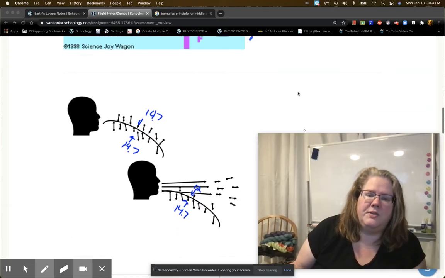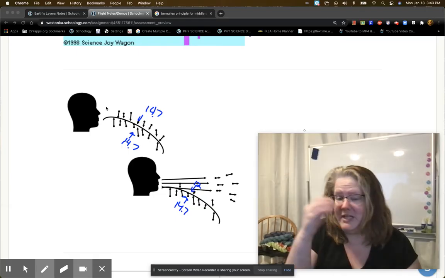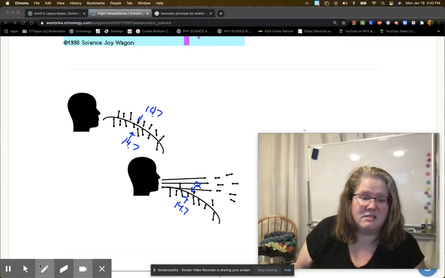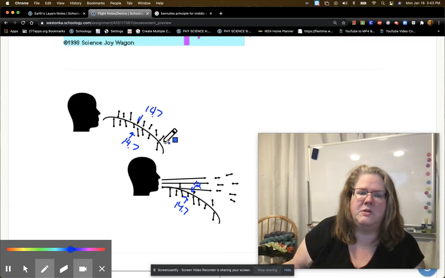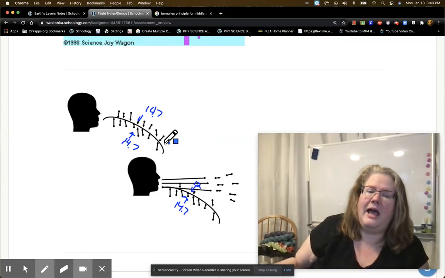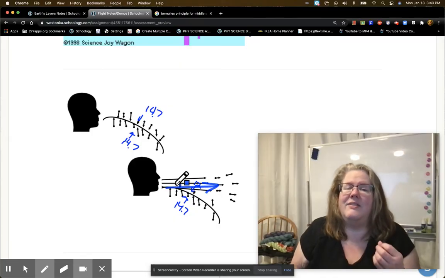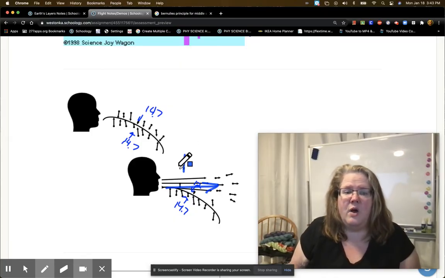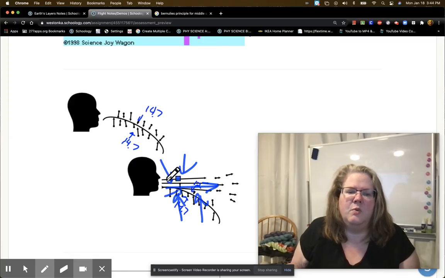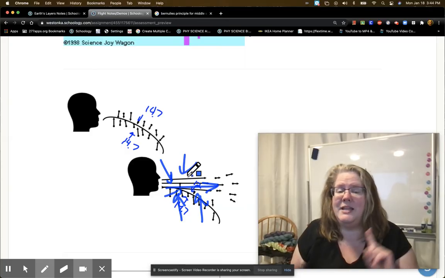So as we go through, now think about this. We have a sneeze. We would expect that gravity is going to pull it down, and it does. Gravity will eventually pull those particles down when you sneeze. But fast moving streams of fluid, and air is a fluid, actually end up going out so fast in this direction that that fast moving stream creates low pressure. So all the air around it is pushing in on that from all directions with 14.7 pounds per square inch, which means, ladies and gentlemen, if you're in the classroom and you sneeze, your particles, if you don't cover your sneeze, will be at the back of the room in less than 2